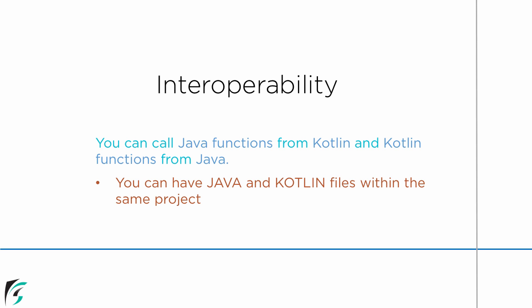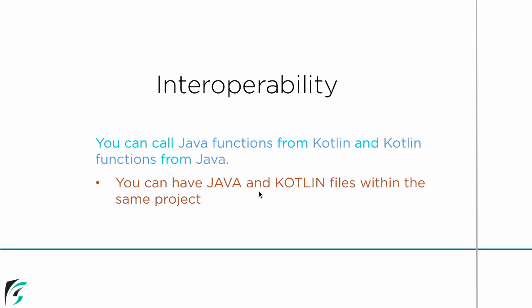Now this is going to be the most interesting part of this series of Kotlin programming. At the very beginning of this series I told you that Kotlin supports interoperability. Now what does this mean? This means that you can simply call any Java function from Kotlin and vice versa, that is, you can call the Kotlin functions from the Java file. This simply means that you can have both Java and Kotlin files present inside your same application.